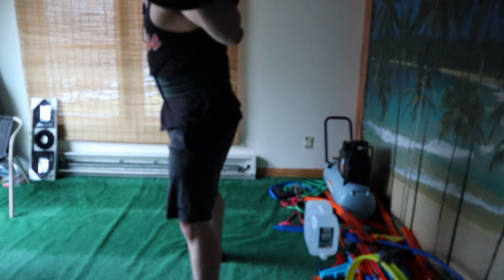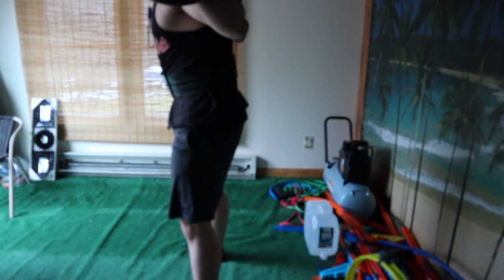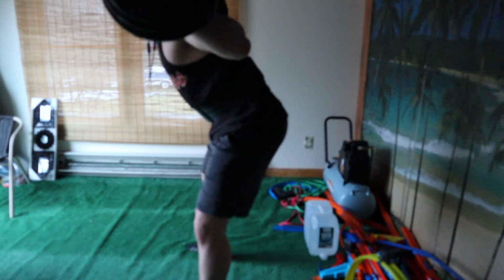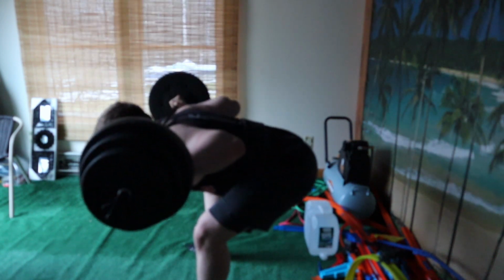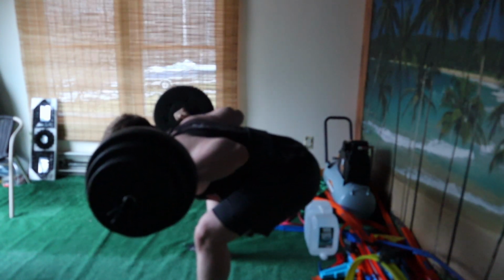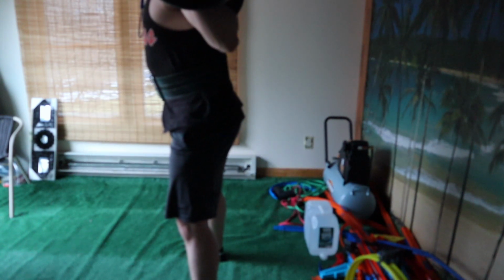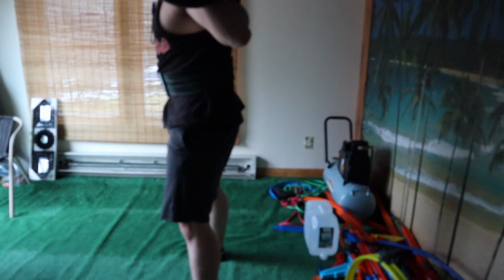On to one of my favorite exercises. This one definitely helped keep me sane during these tough times. It was the good morning. Did 3 sets of 20 with 100 pounds here. I was shocked I got so many, but as you can see, I did start to cut the depth towards the end, but it happens. I'm still getting the stimulus, and definitely got some erector growth out of this, so my good morning is doing better than ever now. Just recently hit